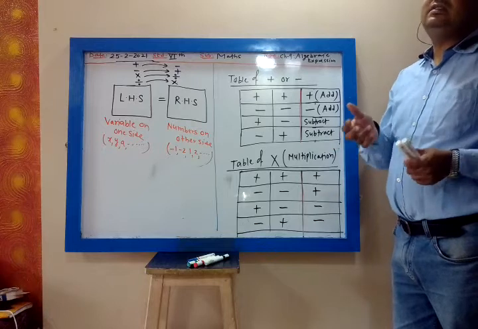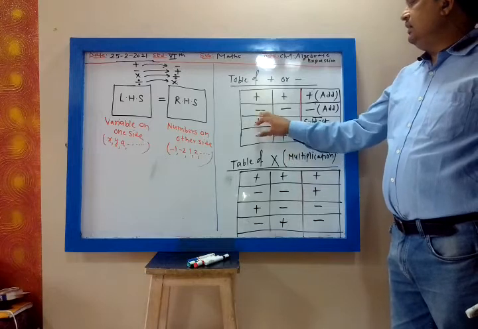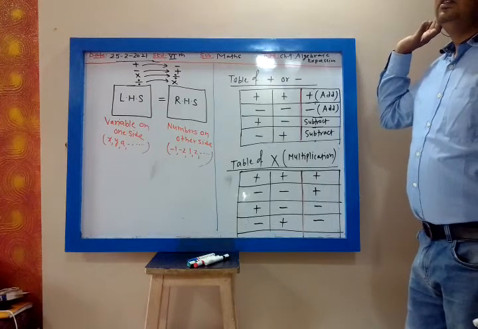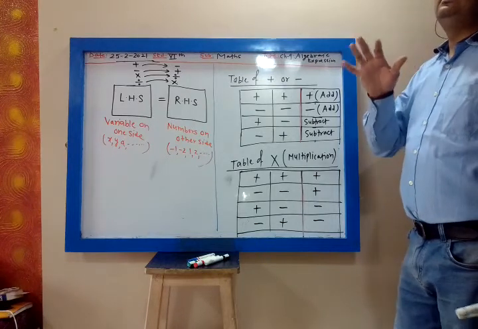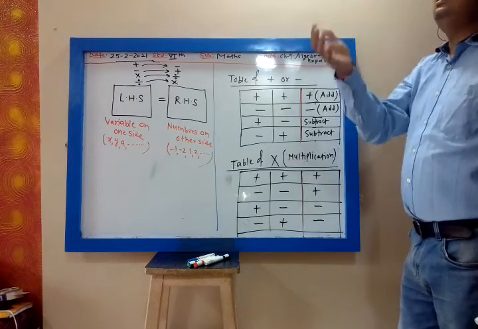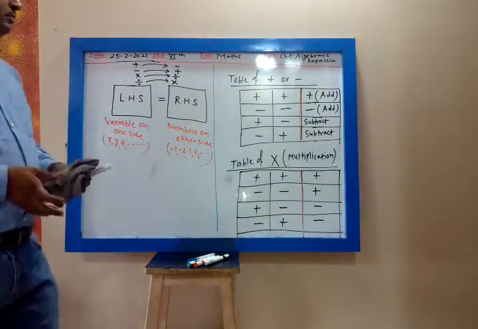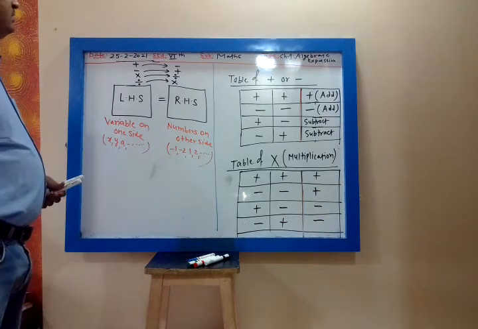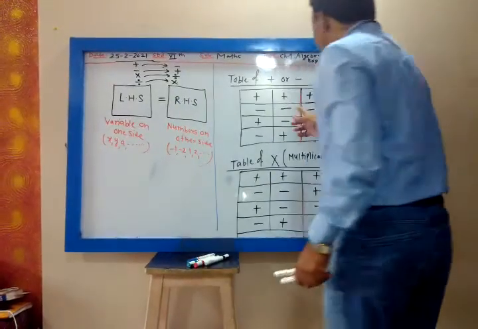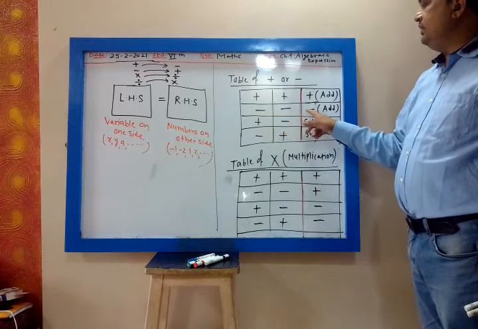In multiplication, minus is plus, but minus is minus in the case of addition or subtraction. Is it clear? So minus will be plus if it is multiplication. Minus will be minus, but you have to add the numbers in the case of addition or subtraction. So based on this, this is the table of addition or subtraction. Because of minus, we take the common sign minus.